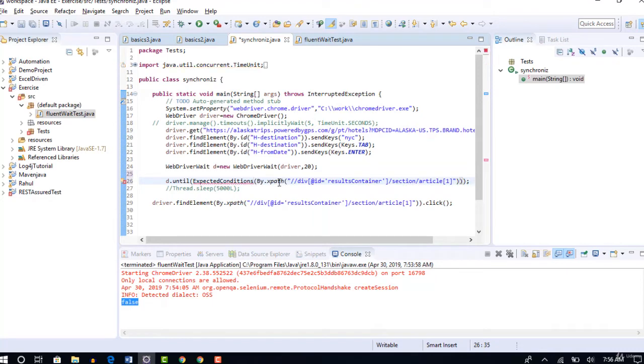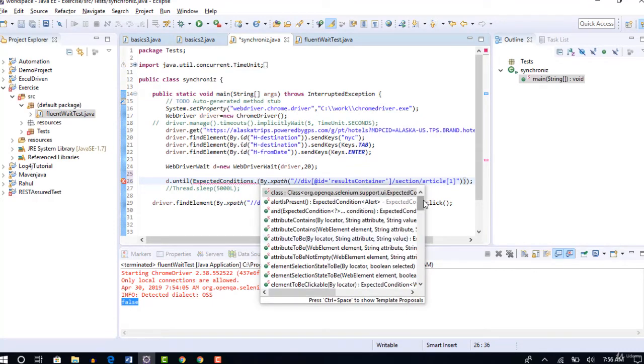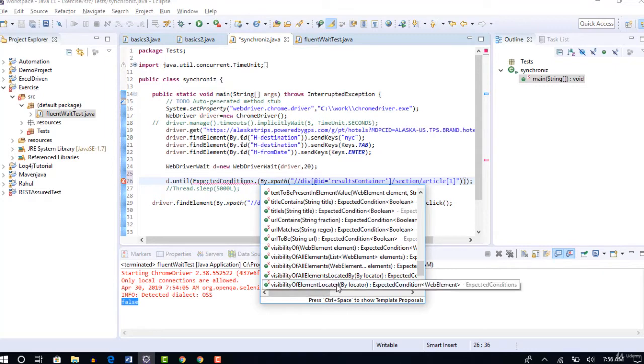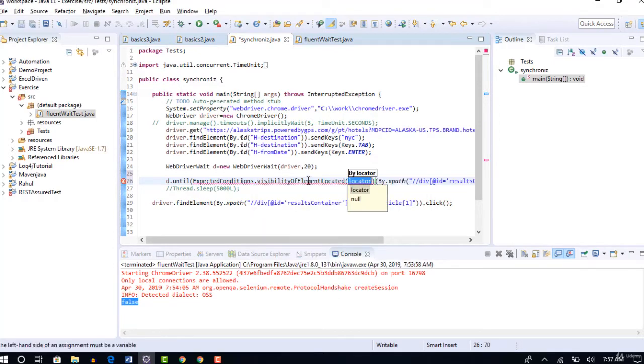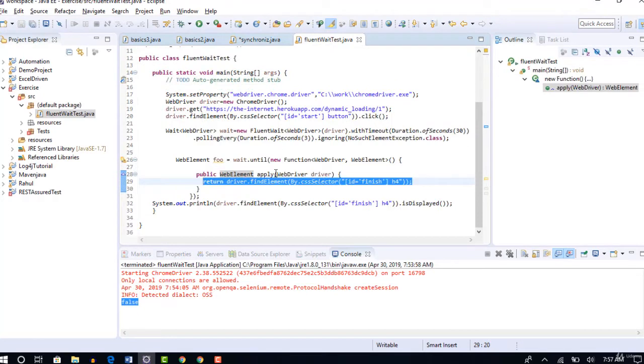Now just do expect conditions dot, and I can show you visibility of element. Yeah, you see here visibility of element located. So element is already present on the page, but here we want to wait until that element becomes visible. That's why we use this method. Now same method we are trying to replicate here. So here we are asking whether element is present. Then it told that element is already present on the first second only. So it immediately went and tried to look for the text, which has not yet happened.